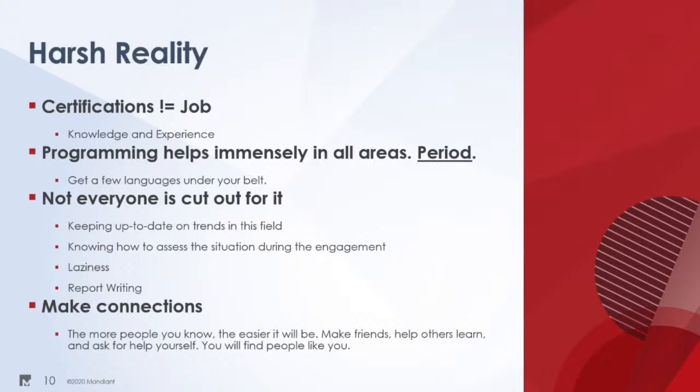Making connections is extremely important, and it's not necessary, but it is extremely important. The reason I say that is because you don't have to be social in this field, but you will find other people just like you out there. I don't know how many times I've been in line at talks or just hanging out, or even in the airport going to a talk, where I'm nervous and I don't know how to talk to people around me, but I hear people talking about, whether it be Hackfest or DEF CON or Black Hat, right?